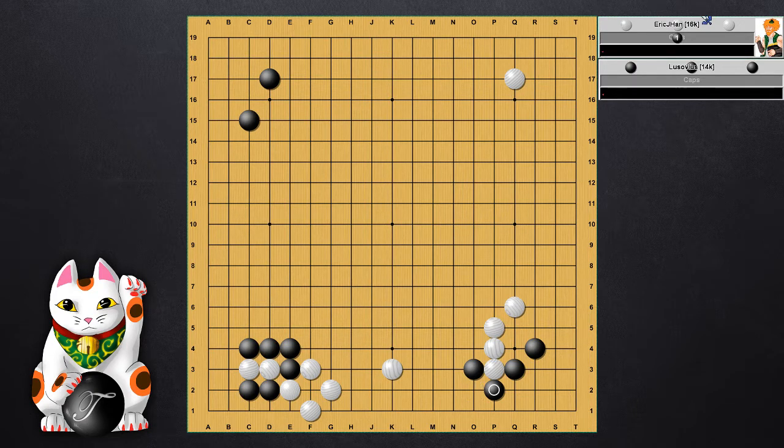Now, it could be possible that white just wants the outside, which is what white tries to get here. And I did read this move out, and this move does work to kill the corner. A more simple move could be this one. It's much easier to read. But this move does kill the corner if black tanukis. And what I mean by that is